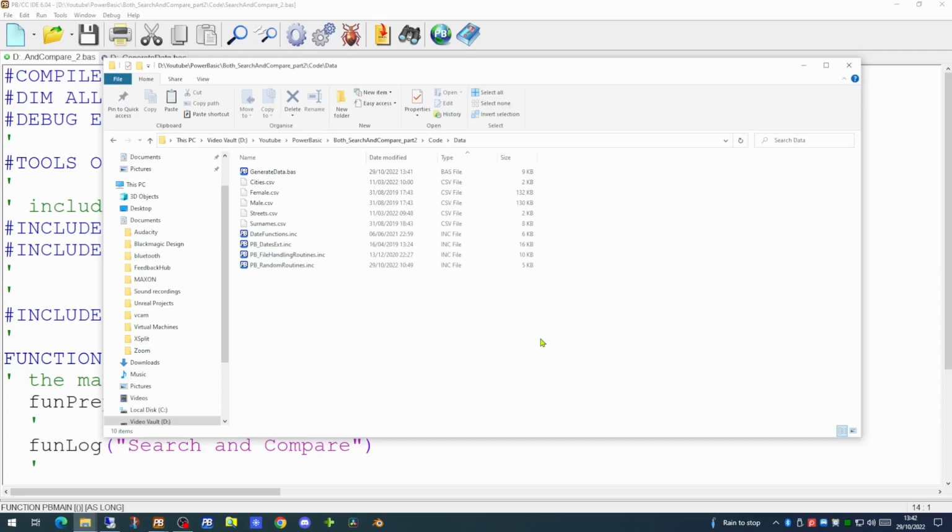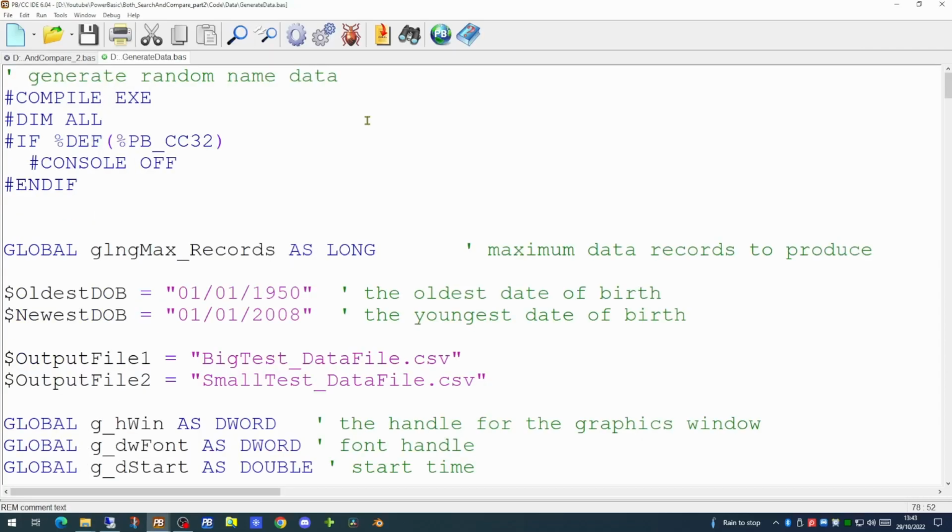Since we want to compare two sets of data in this video, we're going to generate some random data with people's names, addresses, telephone numbers, and email addresses. What we're looking to do is to generate two data files, both of them comma-separated variable files. The scenario this is going to simulate is where you have two sets of data, a large dataset and a smaller dataset which is a subset of the larger dataset. And we're going to add 20 new records that do not exist in the large dataset to the small one.